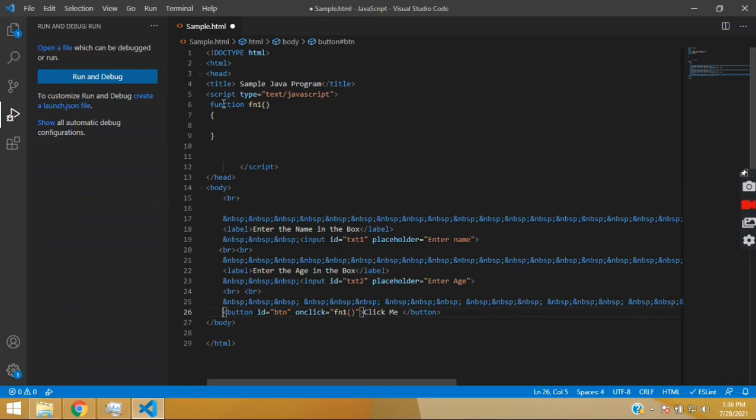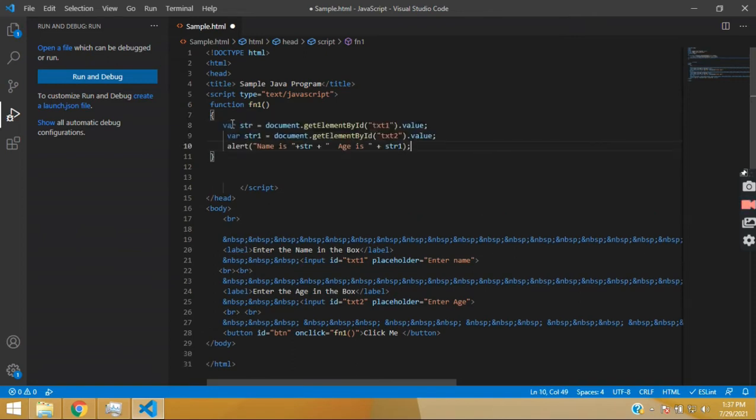Now in the script we are going to create a function by writing function space fn1. The name of the function we are calling here should be the same as we are writing in the script. So what we are going to do here, we are creating a variable str: var space str equals to document dot getElementById, then brackets, double quotes txt1.